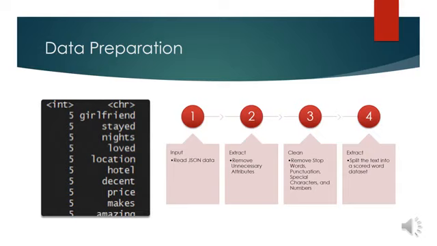Finally, we'll take those clean reviews and split the reviews by word into a scored collection of words. The image next to the progression of steps gives you a little bit of a screenshot of the scored list. So you've got the actual score from the review that the word came from. In this case, girlfriend had a review score of 5. At least the review that it was found in had a review score of 5. So we gave it a 5. Now I know all of these are 5. That's just because in my R script, it organized them by review score. It's not all 5-star reviews.